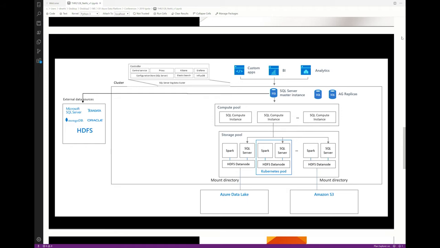There is Apache Hive for all your metadata. There is, of course, Kubernetes Masternode that manages your Kubernetes cluster. There is Grafana and Kibana dashboards, just to name a few. And then you have the SQL Server master instance itself that you connect to using your regular TDS endpoints.